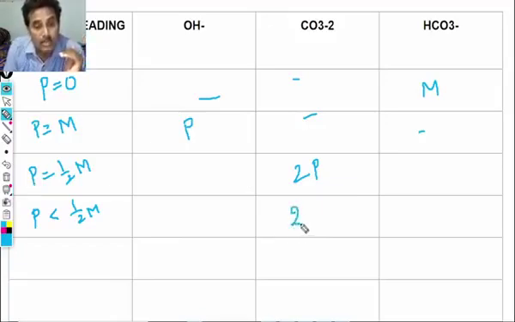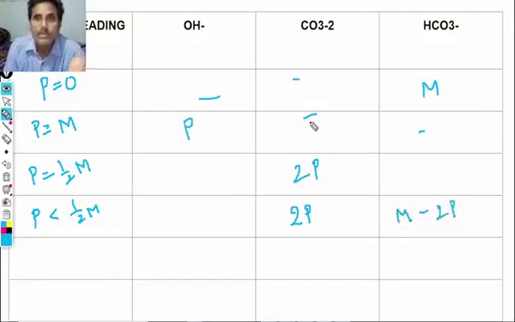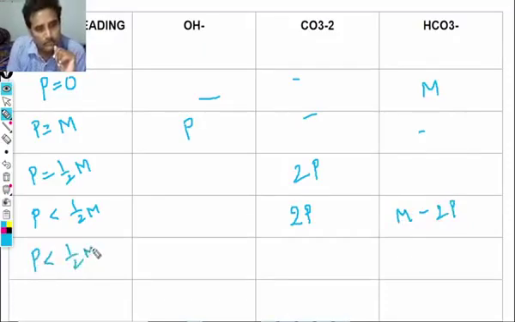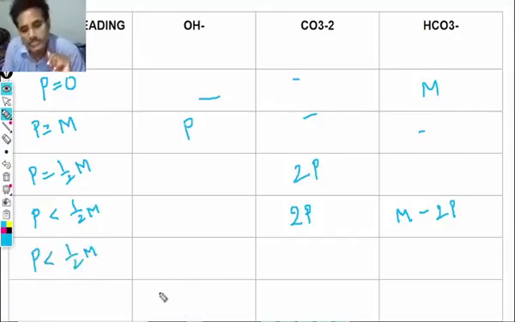So to give the complete carbonates, 2P, and the remaining amount is bicarbonates. So carbonates are completed, M is the total alkalinity, so M minus 2P will give the bicarbonates value. When P is less than half M,